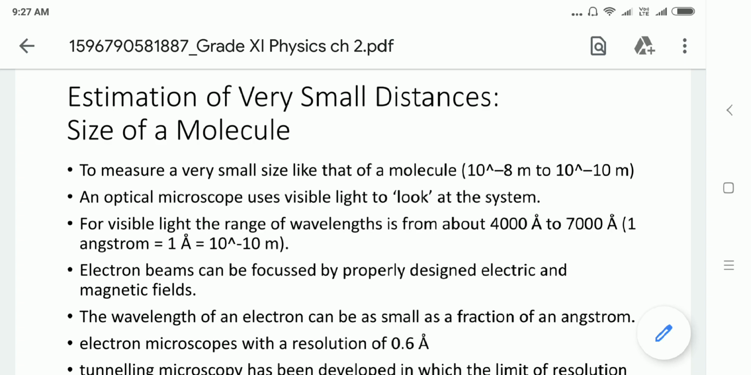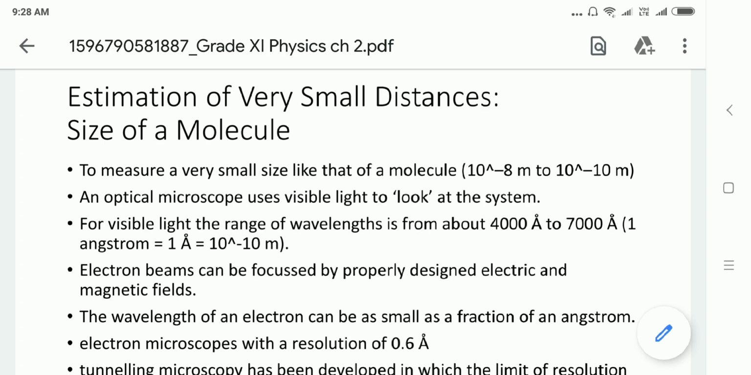When we want to convert into angstrom, we multiply and divide by 10. So we can also define the range in angstrom: 4000 angstrom to 7000 angstrom. This is the range of the visible band, in which all the colors which we are able to see